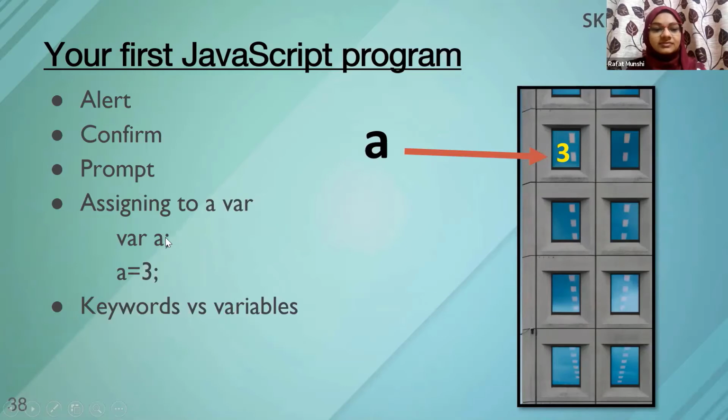Remember, the names of these variables cannot be keywords of the JavaScript programming language. What are keywords? For example, var. Var is something which I use to tell the computer that this is going to be a variable. So I cannot name a variable var, because var is a keyword of JavaScript. There are many keywords in JavaScript, and you will understand them as you go ahead in the JavaScript programming language. So you cannot use a keyword as the name of a variable, but A is the name of a variable, and what is the value in the variable?